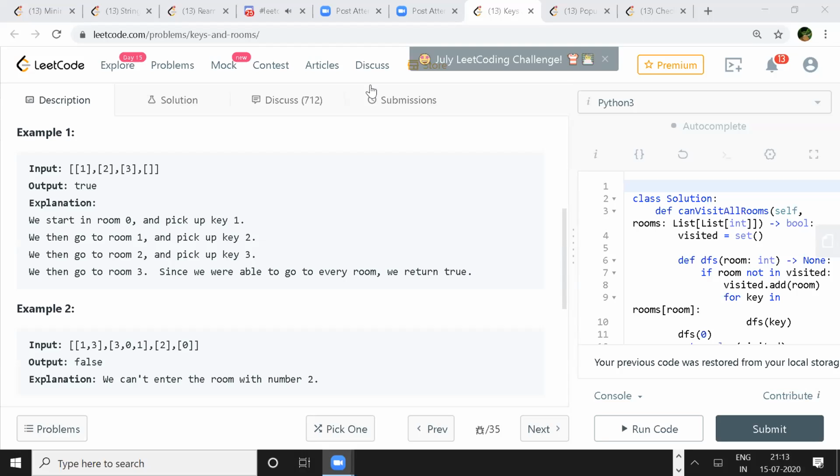A nested list can have 10 children. When you unlock room number 0, you can have 10 keys to 10 rooms, right? Yeah, DFS also works. DFS mostly if the length is shorter, then you go for DFS.